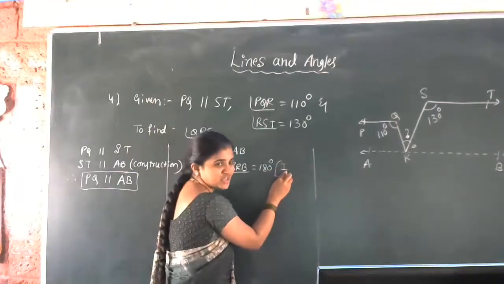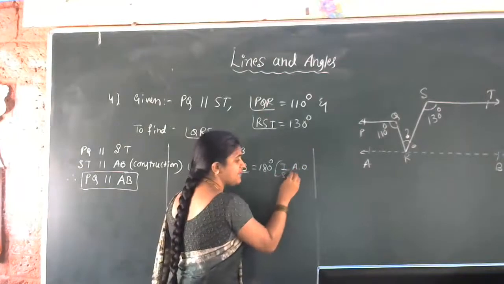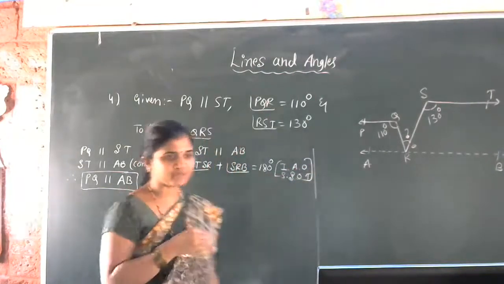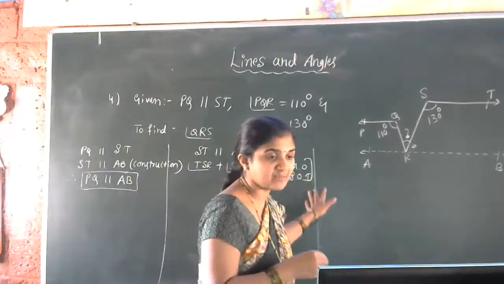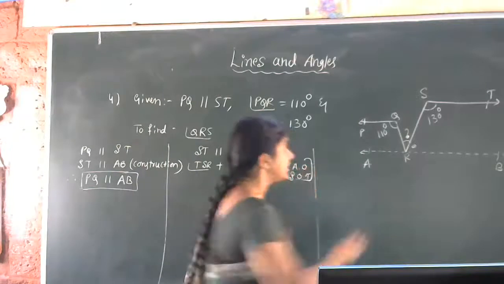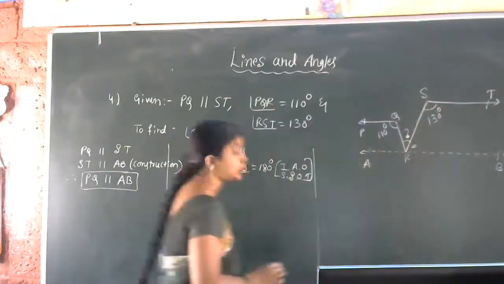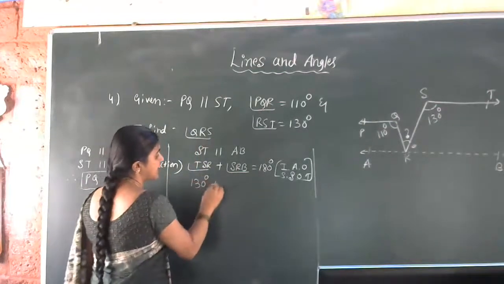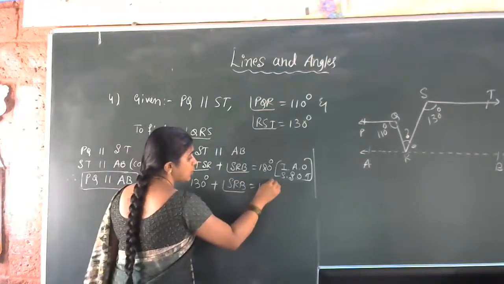I'll use the short form: interior angles on the same side of the transversal. Now TSR is how much? 130 degrees, plus SRB, which is unknown, is equal to 180 degrees. Now